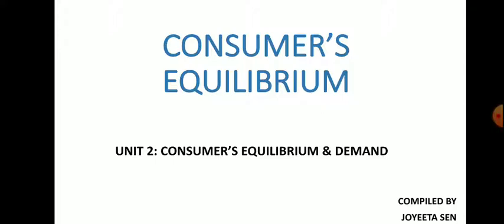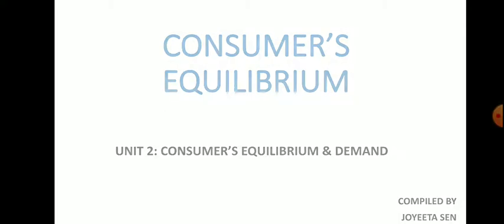As I have discussed the indifference curve and the properties of indifference curve in my last video lesson from the ordinal utility approach, there is one more important thing left to find the consumer's equilibrium, that is the budget line. So, that part I will discuss today, a brief introduction about the budget line.